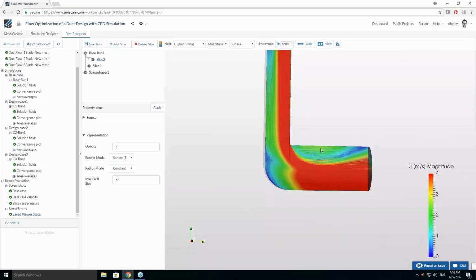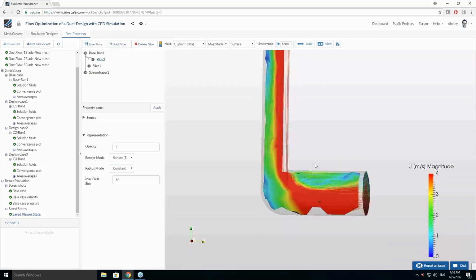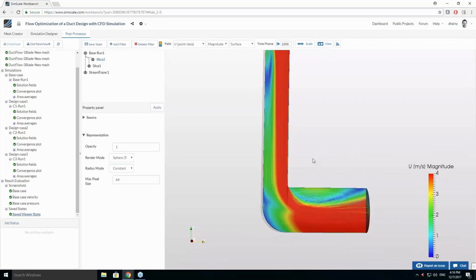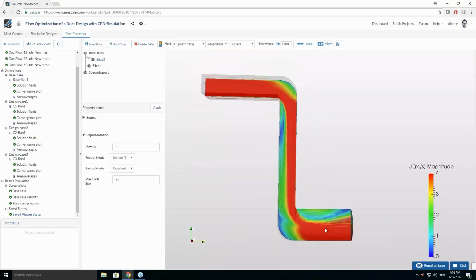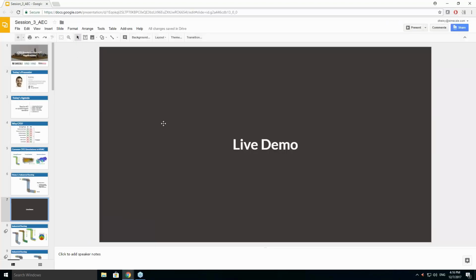I have a large recirculation area here, which effectively means that while I have a duct that has a specific size and a specific cross-section area, I only use almost half of it, right? And so I have an effective blockage of the flow path, and that results in a particular pressure drop, right? That I can now also quantify. This is just for you to get a feeling for it: I bring in my CAD model, I set up the physics, I run the analysis, and then I can post-process and visualize the flow field. And now jumping back to the slides,